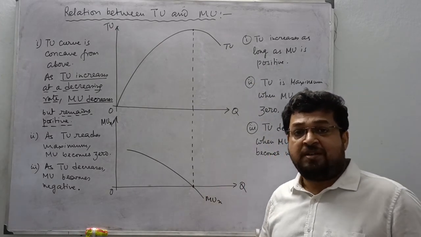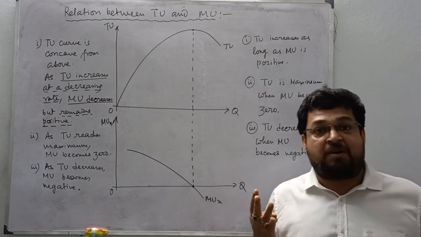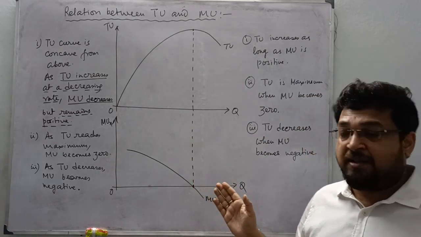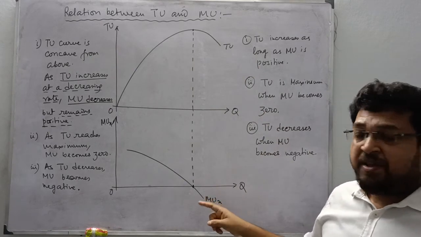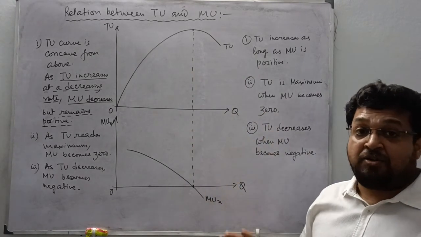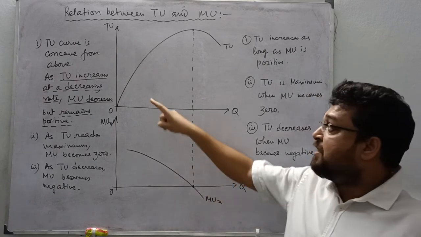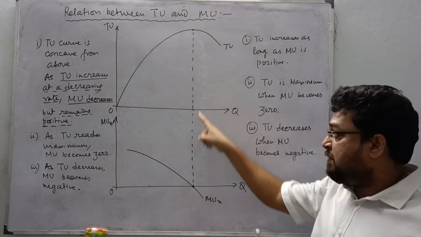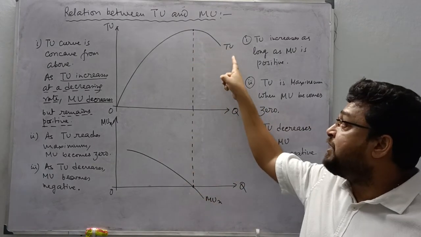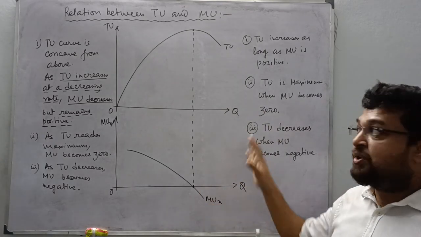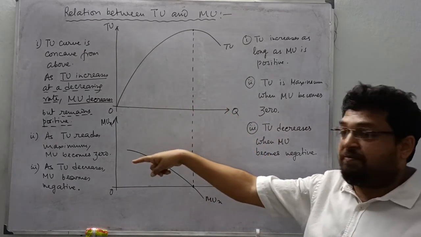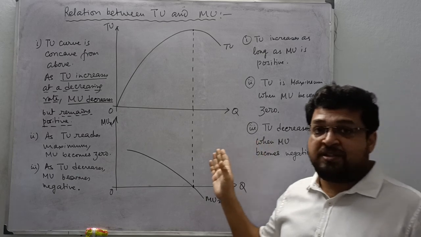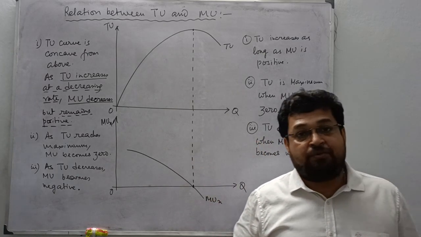If you are asked about the relation, generally the question comes for 3 marks. So you have to show the diagram. The diagram is very much compulsory or mandatory. These points are very important. You don't have to draw the curves with a protractor or anything, but logically they should be correct, increasing at a decreasing rate. At the highest point, where total utility is maximum, marginal utility should be 0. When total utility decreases, marginal utility becomes negative. So the diagram and the relations, any one way. Okay, so this is the relation between total utility and marginal utility of a commodity.